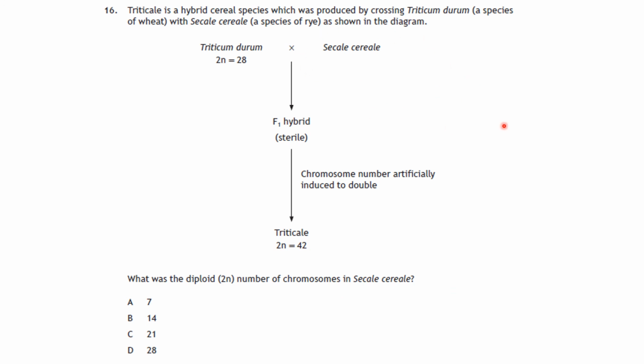I'm going to let you have a wee think about that, so press pause and I'll tell you the answer. So if the triticale at the end, 2N is equal to 42, and the chromosome number was artificially induced to double, then